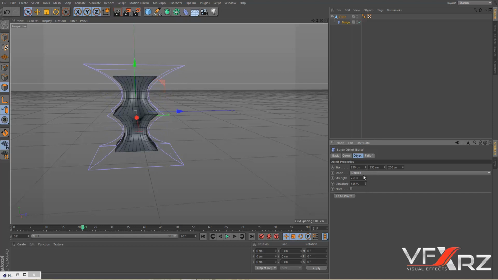Or you can use like this. Okay, next deform